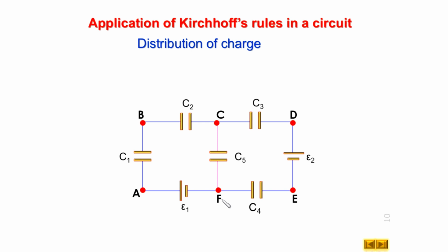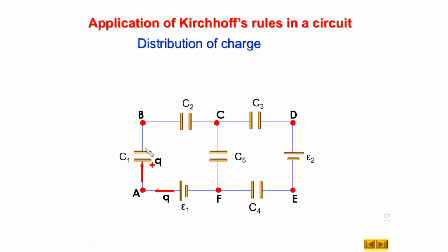So let us start from any of the batteries. Let us start from battery E1. The positive plate of the battery may supply the positive charge. So we can make the arrow here and write charge Q. You can observe Q charge is entering this plate. Before supplying the charge, this plate was neutral. Now it is getting the charge Q. That means the charge on the plate should be equal to plus Q. So this plate is going to be positively charged.